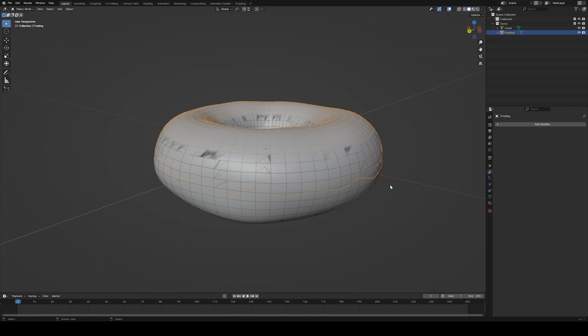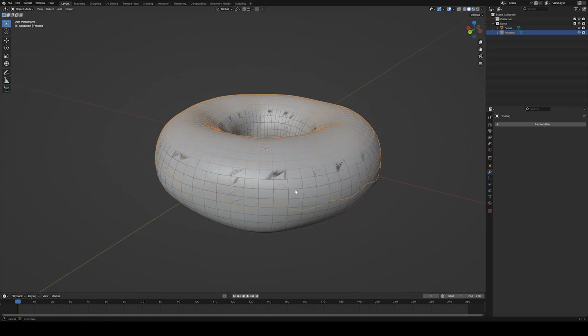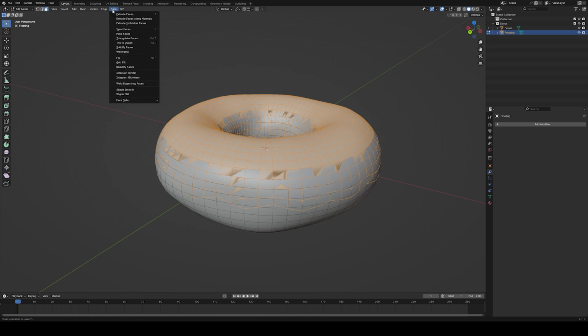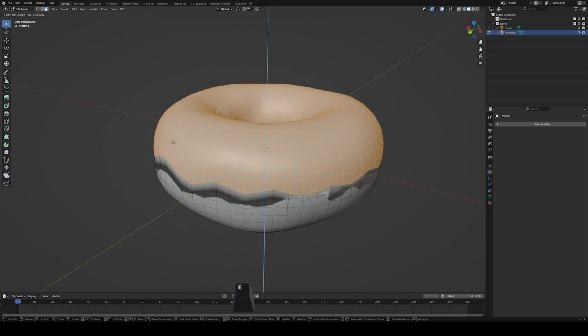And now it's time for us to extrude the frosting mesh. So we're going to tab back into edit mode while having the frosting mesh selected. We're going to hit the A key so that we can grab all of our faces, or make sure we're actually in face select mode before we do that. And we're going to use an extrude. Now we have two ways that we can do this. You can either go to the face drop down here, or the more likely way is you can right click as well. There's also the E key to extrude, but it does an extrusion that I don't want to do,